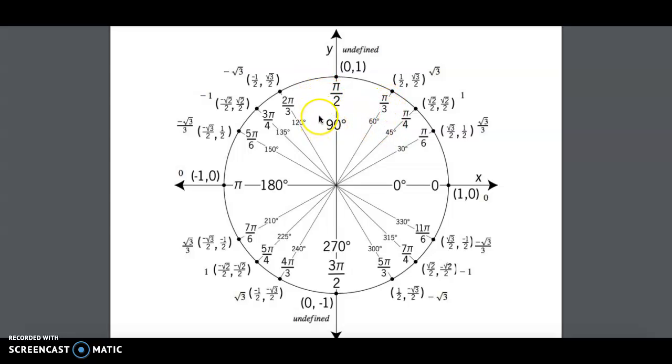We worked with coterminal angles, angles that end up in the same spot but have different angle measurements. So for example, 0 degrees and then 360 degrees would end up in the same spot. Same thing with 0 radians or 2 pi radians. Those are coterminal angles. Reference angles, which are the distance between your angle and the x-axis. So for example, the reference angle for 150 degrees is 30 because that's how far away it is from the